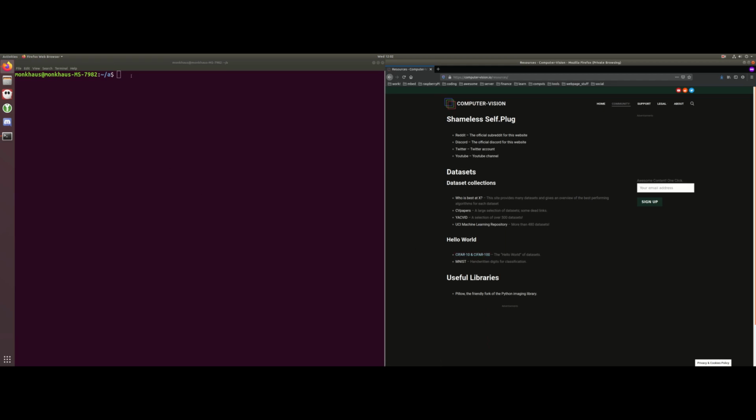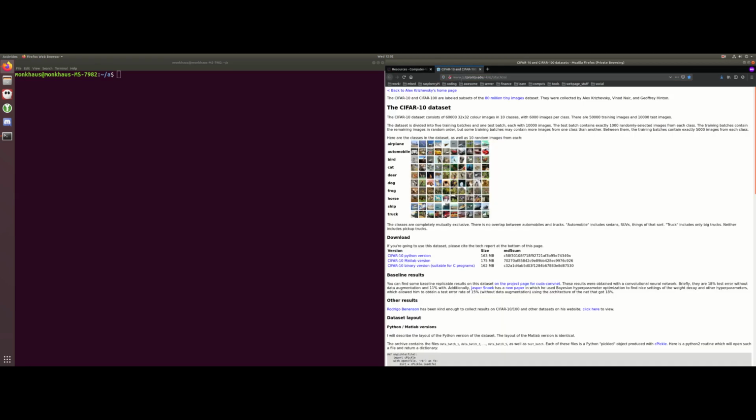In some cases, it will already be in the form of a NumPy array, and in other cases, it won't. So we're going to look at one example of each, and that might be over one video or over two videos. I haven't decided yet. But let's get started first with the CIFAR-10 dataset, which is already in a NumPy array for us. So let's get started by navigating to this website, or if you want, you can just go straight to CIFAR-10, which is just